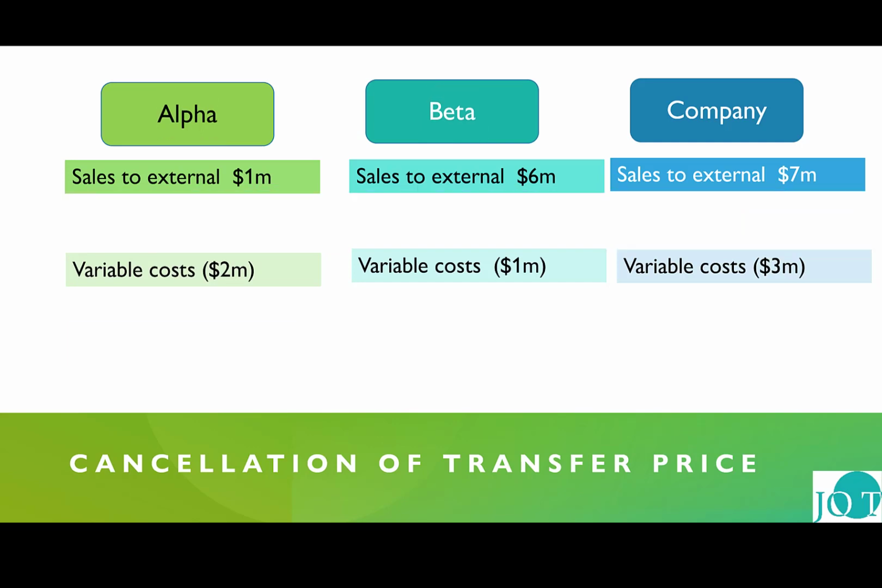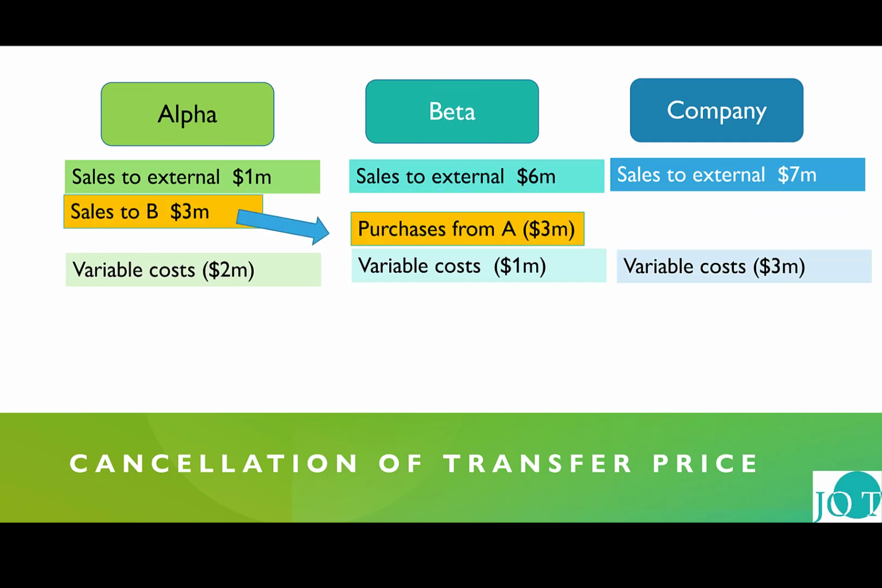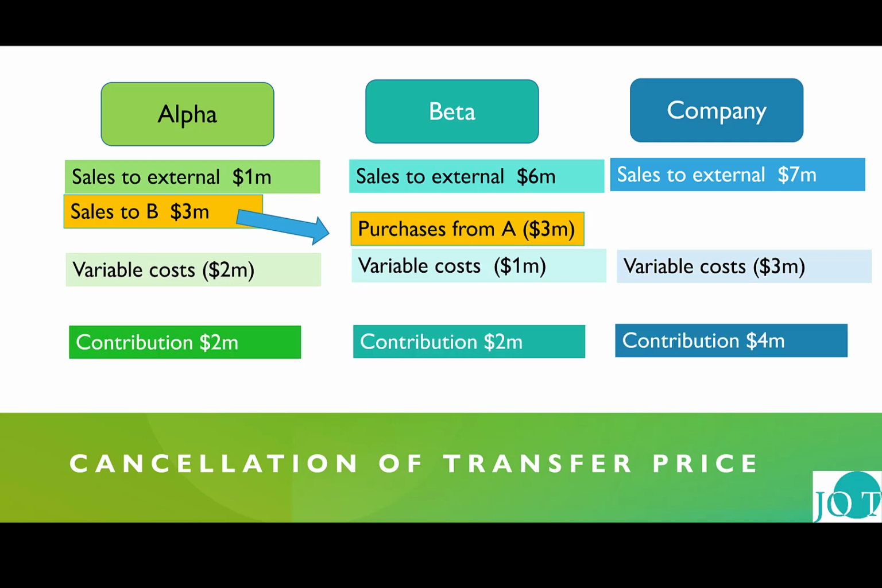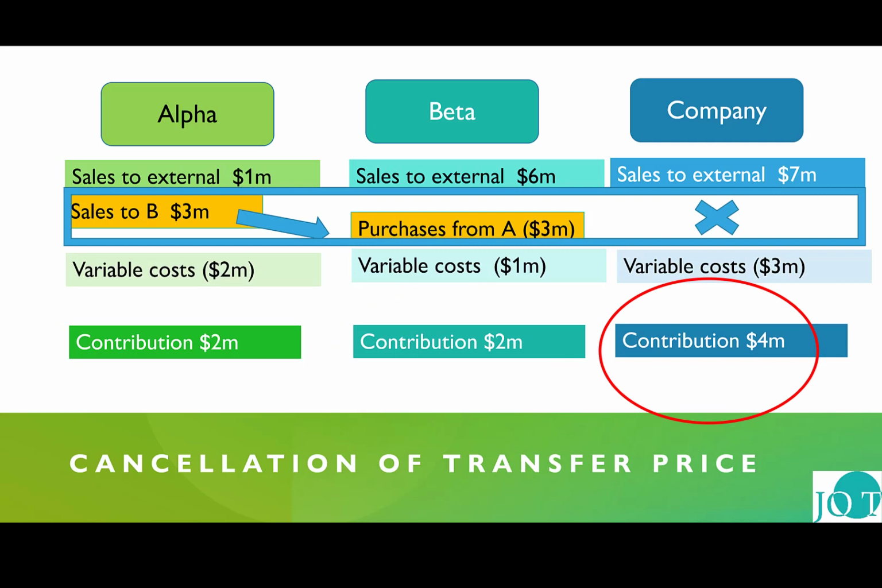Now let's have a look if we change the transfer price. All that's happened now is Alpha is making an increase in sales of 1 million to Beta. And Beta is now incurring a higher level of purchases of 3 million, compared to previously 2 million from Alpha. But the contributions have changed for the 2 companies. Alpha is now on 2 million and Beta is on 2 million. But the contribution as a whole to the company remains at 4